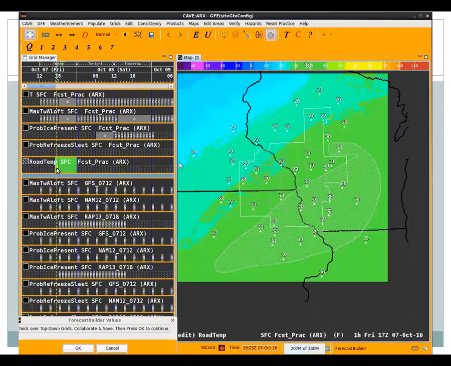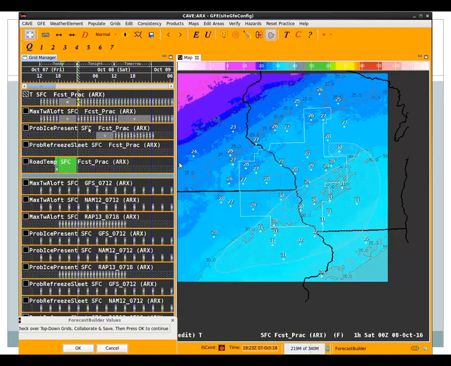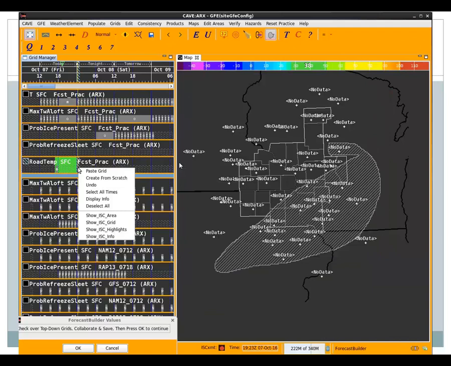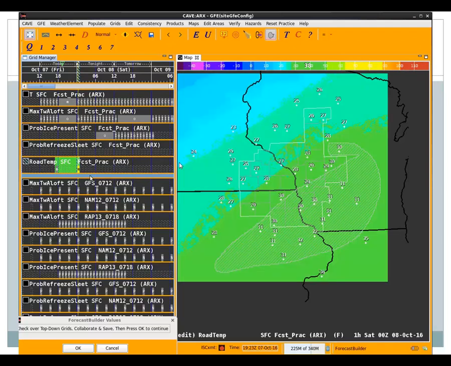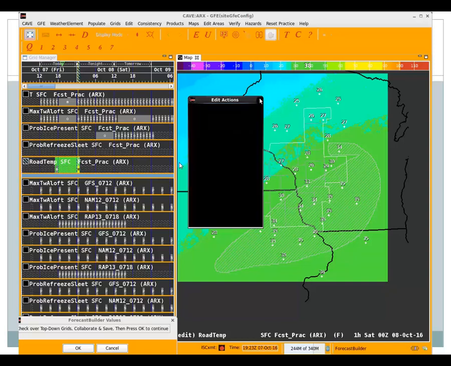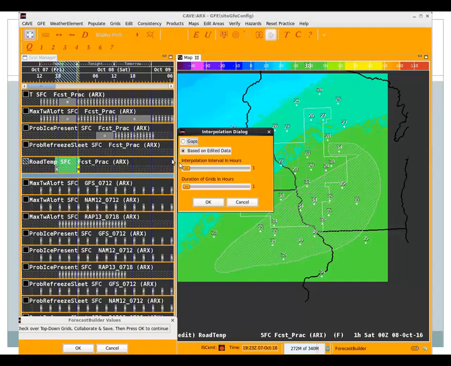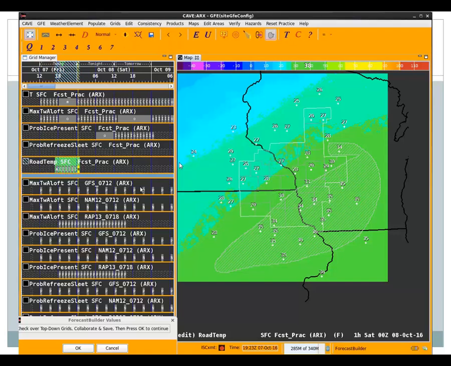So in this scenario, you could take your road temperature grid and populate it from the temperature, and then just draw an edit area to increase the temperatures within that area to something above freezing if you wanted to do it that way. It's up to you how you want to do that, as long as it's above freezing. But in this scenario, we're going to just show what would happen with a scenario where you allow your temperatures to fall a little bit during the afternoon hours, but they still remain above freezing across the southern portion of the forecast area. And we'll just interpolate that,